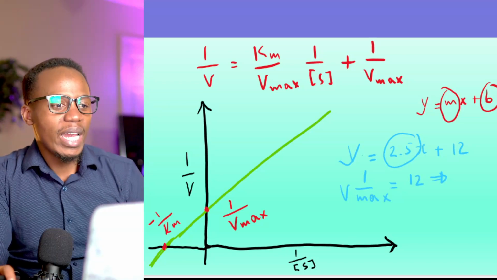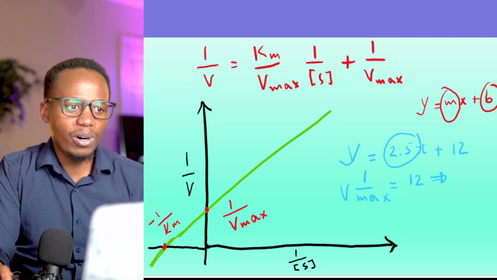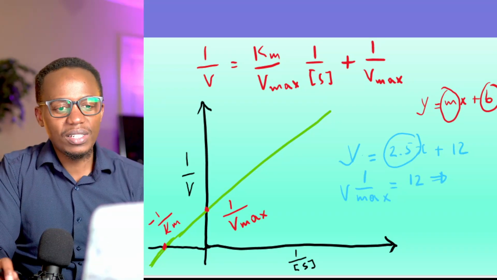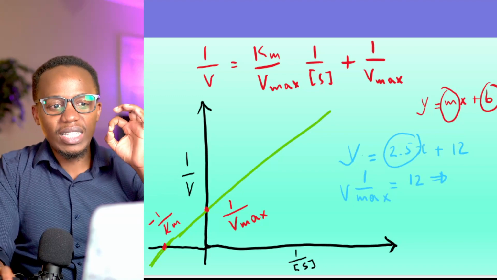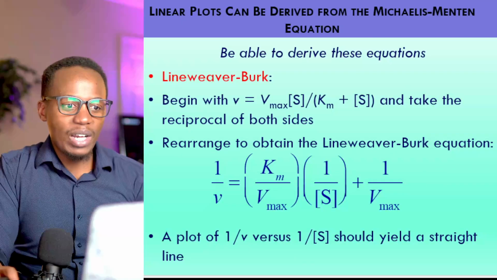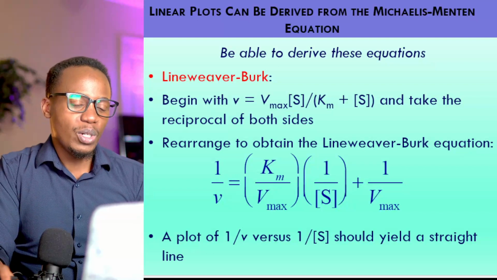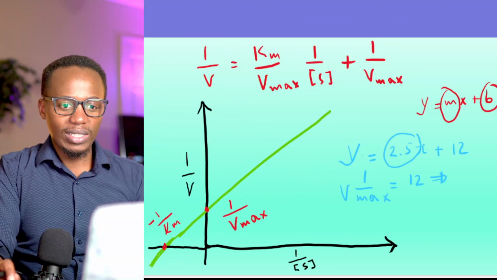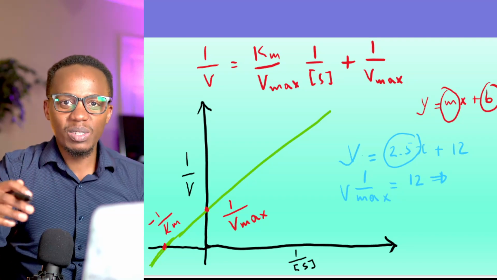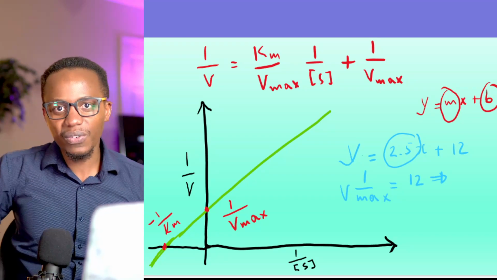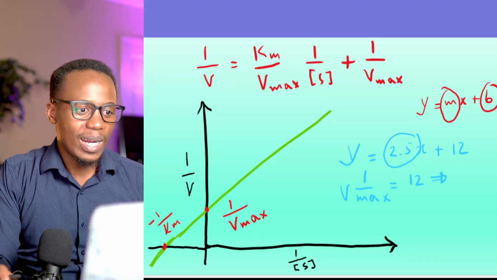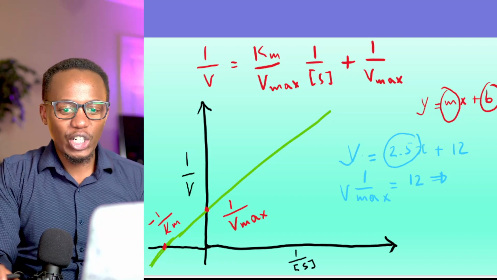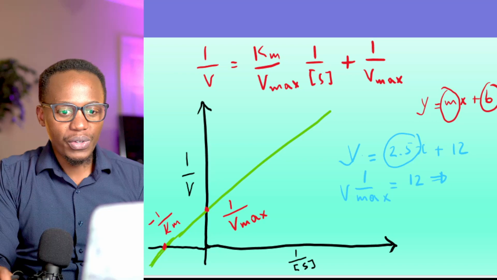So even though the Michaelis-Menten equation is very important, and we use that in calculations and things like that, in experimentation, we take it further and make it linear by using the Lineweaver-Burk equation, right? Because the plot for this is going to yield a straight line, whereas the Michaelis-Menten plot is a curve that's hard to calculate parameters from. All right. I think that is a good overview on calculations involving